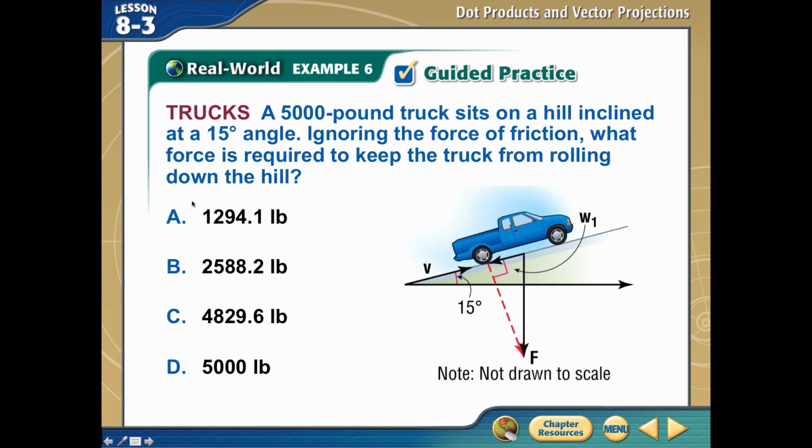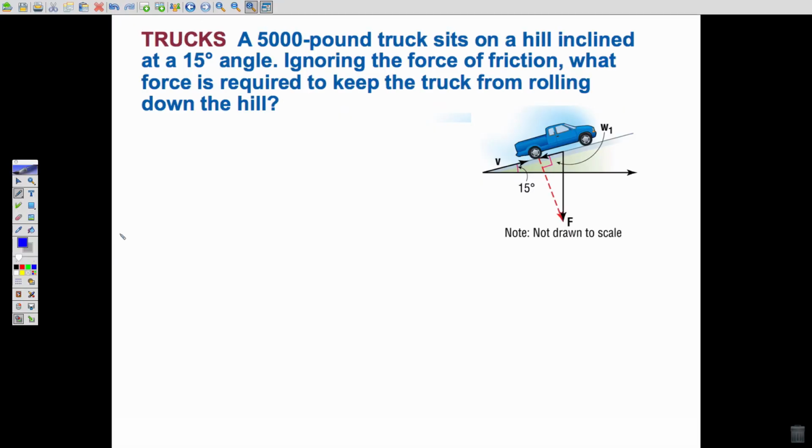Okay, let's now look at another example. You have a truck sitting on a hill, weighs 5,000 pounds. How much friction do you have to keep from rolling down the hill? So here's our truck, and first thing we're going to do is write the force vector as 0, negative 5,000. And the unit vector that we're going to project it on, I'm just going to make a magnitude of 1, so it's going to be cosine 15,